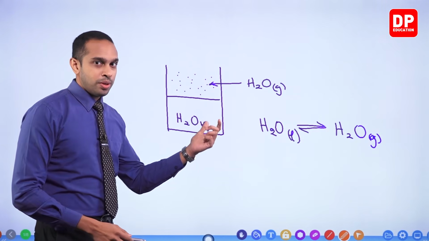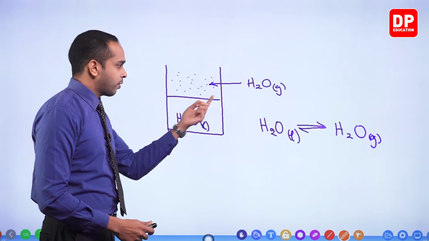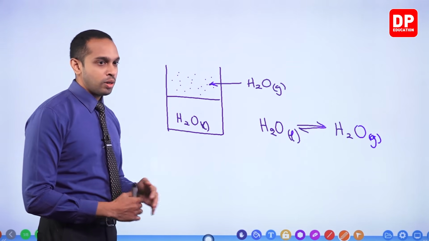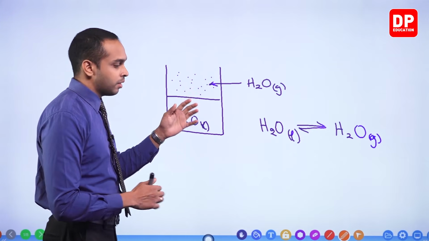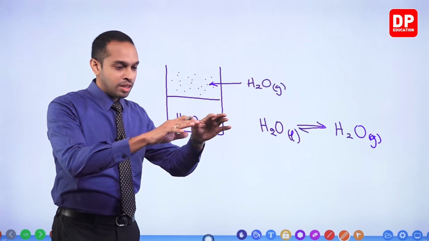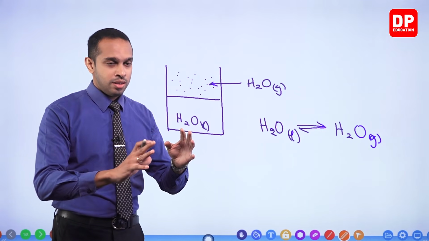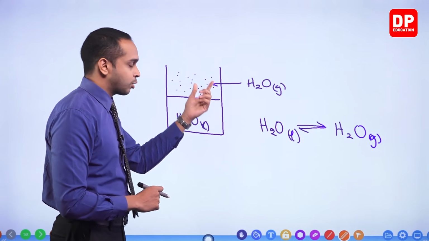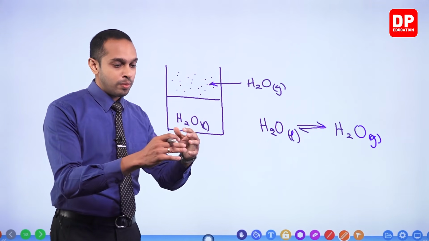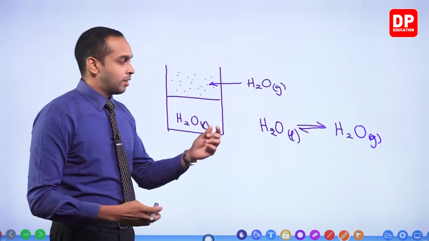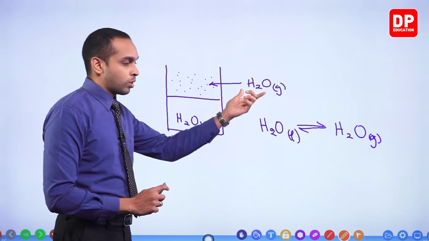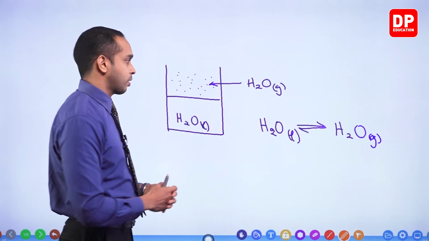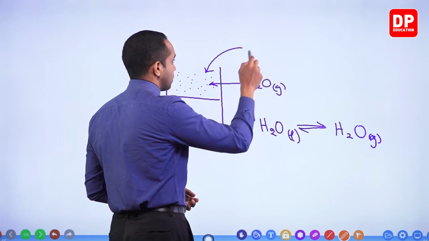And at different temperatures, students, the amount of vapor that exists in this area will vary. At a lower temperature, you will have a small amount of vapor here, and at a particular temperature, when that region is completely saturated with a given vapor, we call that area to be having a saturated vapor pressure. Because of the gas that is present there, there will be a pressure. So when this area is saturated with water vapor, here we are going to have something referred to as a saturated vapor pressure, right? So we'll call that pressure P naught H2O,